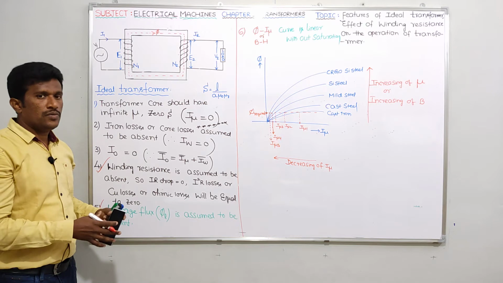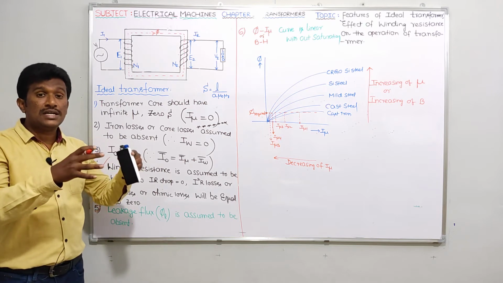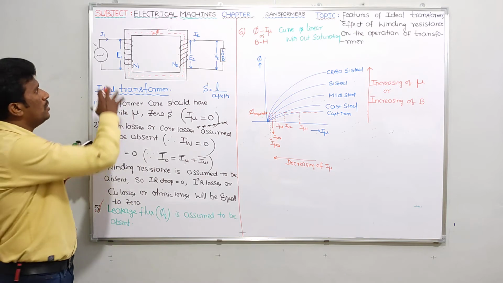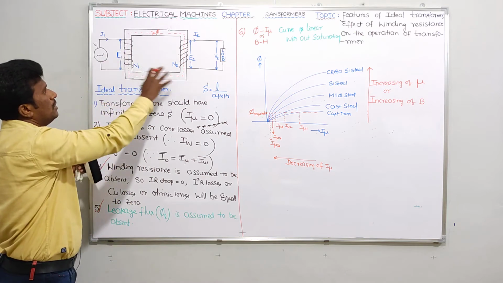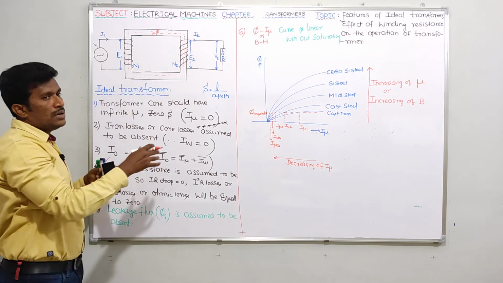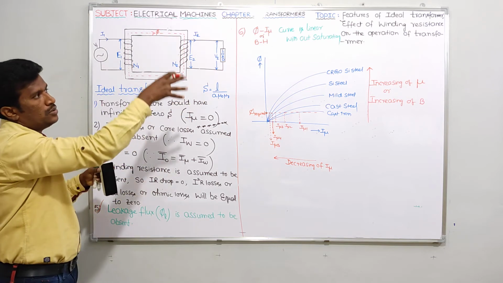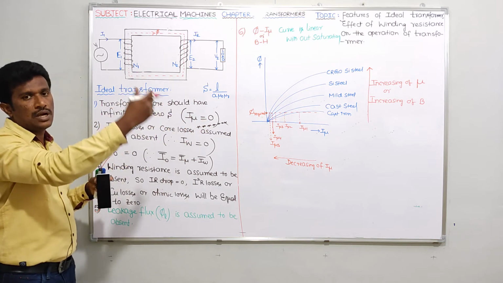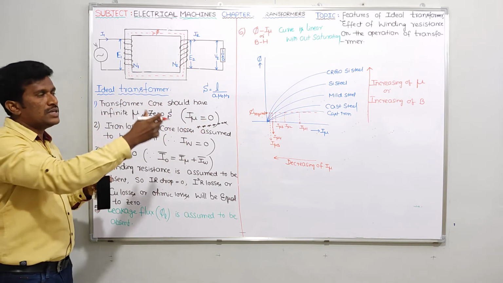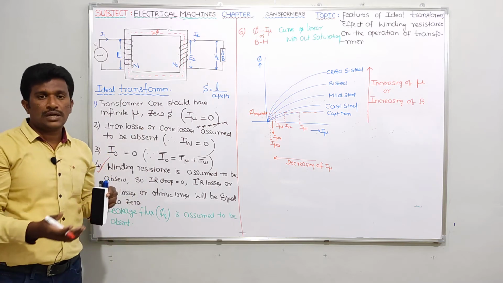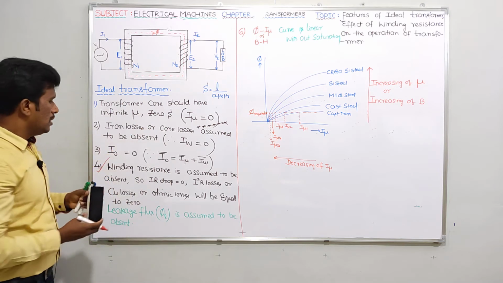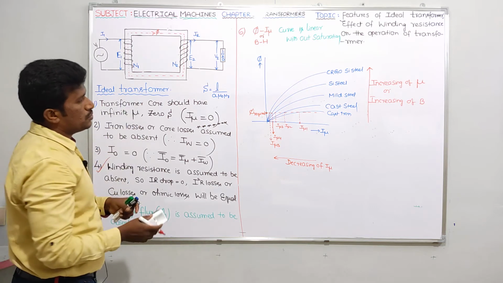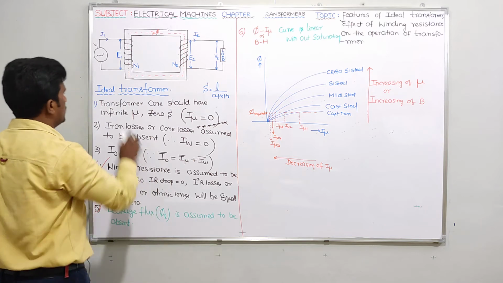After that, we'll construct the exact equivalent circuit of transformer, I can say the practical equivalent circuit of transformer. As of now, we are simply drawing an ideal transformer having no resistance. But in this session, I'm just going to discuss effect of winding resistance. Similarly, in the next videos, we'll be discussing effect of leakage flux. After discussing those two things, we'll construct the practical equivalent circuit of transformer. Is it clear? So step by step I'll be going. First in this session I'm going to discuss effect of winding resistance on the operation of transformer.